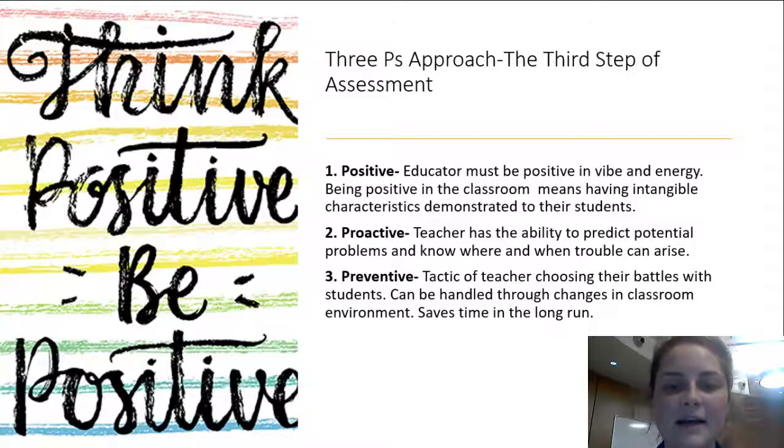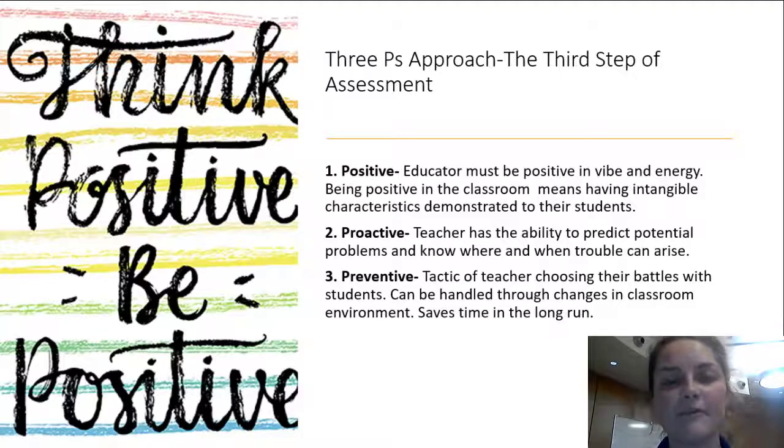The second P stands for proactive. This is when the teacher has the ability to predict potential problems and know where and when trouble can arise. This has to do with knowing who your students are. An example that the book talks about is a student who has sticky fingers, otherwise known as likes to steal. A way that a teacher can be proactive about a situation like that is knowing that student,